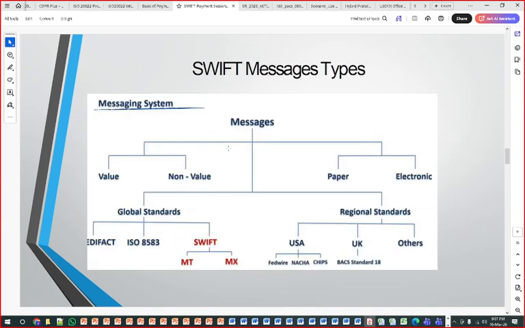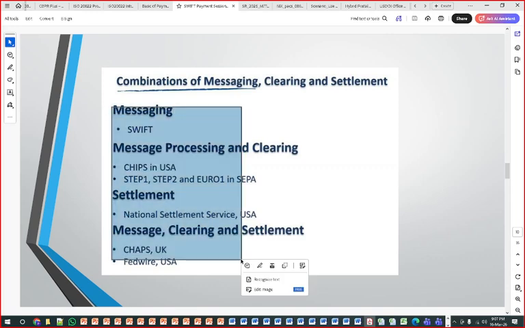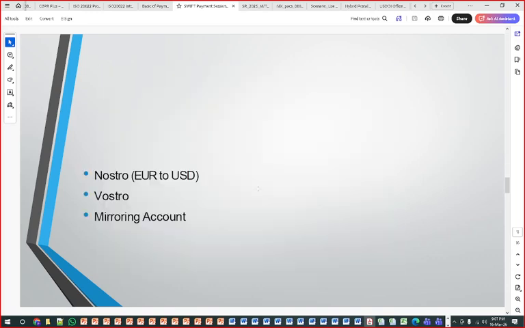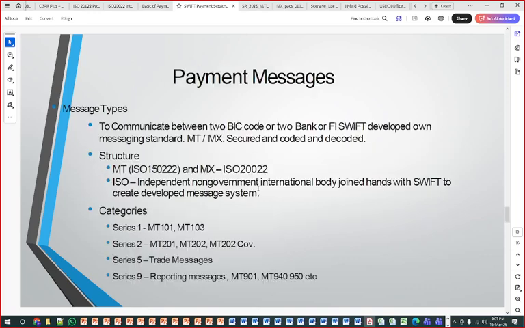SWIFT payment, and then we are going to learn the different flavors of SWIFT: MT messages, MX messages. Then in some part we are going to learn USA Fedwire messages also, not literally but an overlook, and BACS payment as well. But everything is now being converted into MX ISO 20022. So this is the flavor of messaging we are going to learn: who is doing clearing and settlement on the UK system and India system. Nostro Vostro mirroring of accounts, that also, basics, we are going to see.